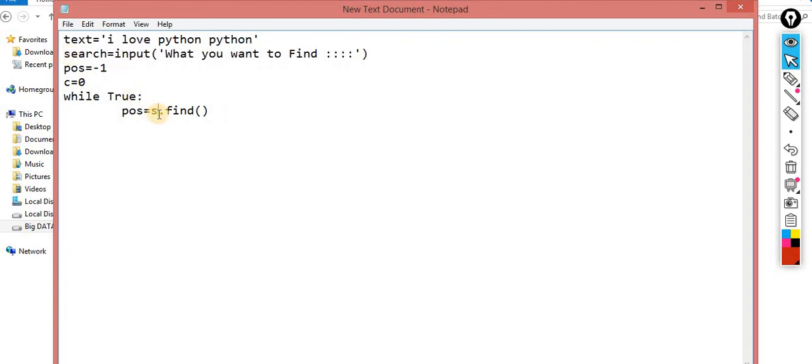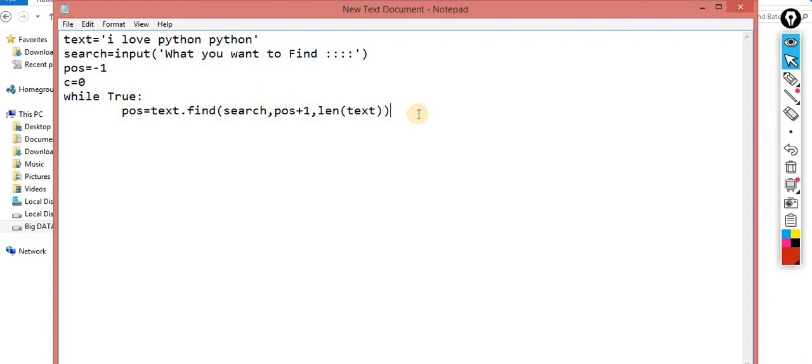Now this time, text dot find, search, whatever the user enters, and from where to where? Position plus 1 to len of text.